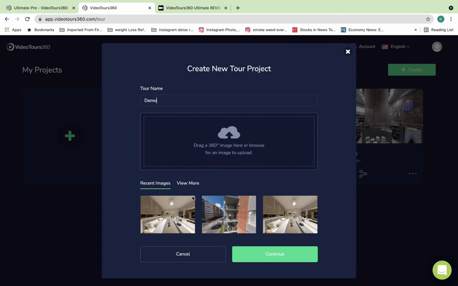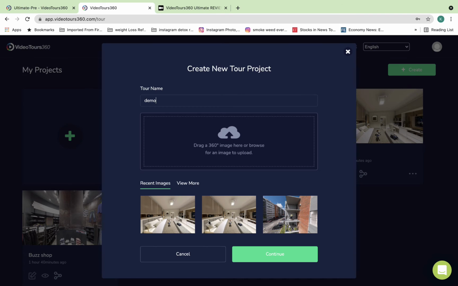After giving it a name you need to upload a 360-degree image of your business or product. You need to have a 360-degree camera, or you can even click those images from your smartphone, Android or iOS. So let's take a sample image from there.